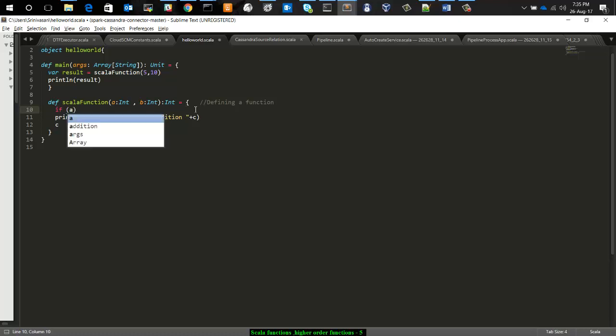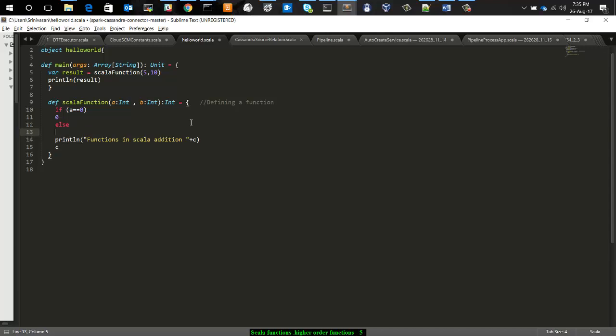If a equal to 0, this should be the condition. It returns 0, or else a plus function